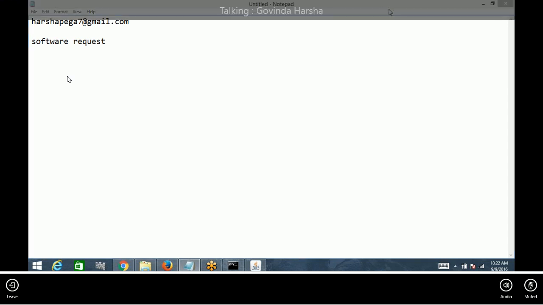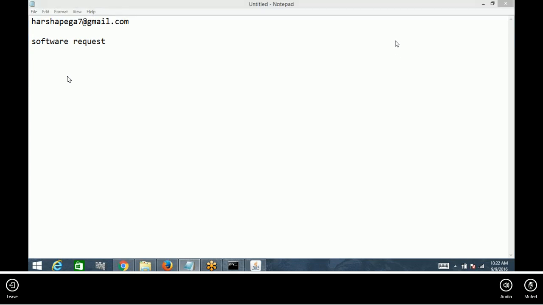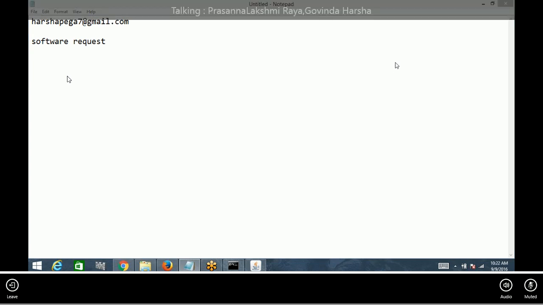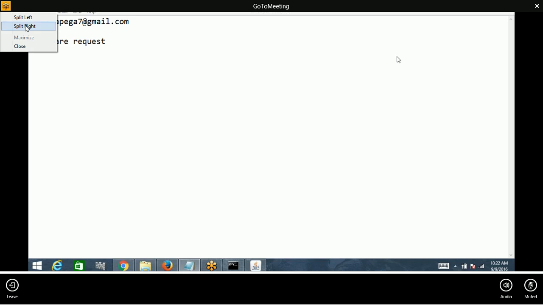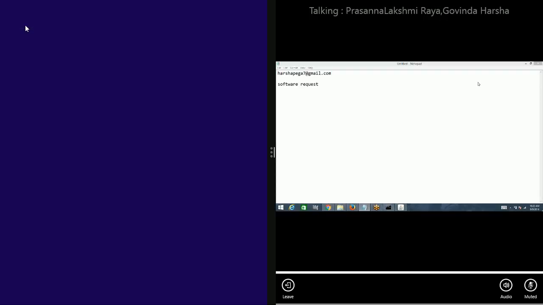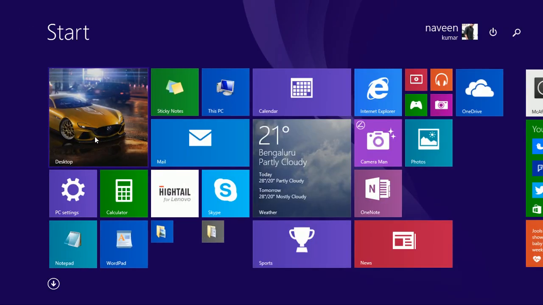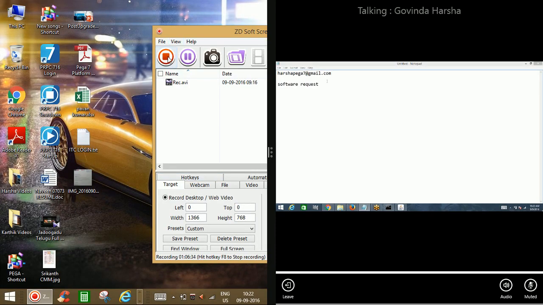Any other questions? Online guys, any other questions? Harsha, I have Pega 7.2 version. You have 7.2 installed on your machine? Yes. That's fine. So I need 6.2. Yeah, you send me an email. When you are sending for 6,